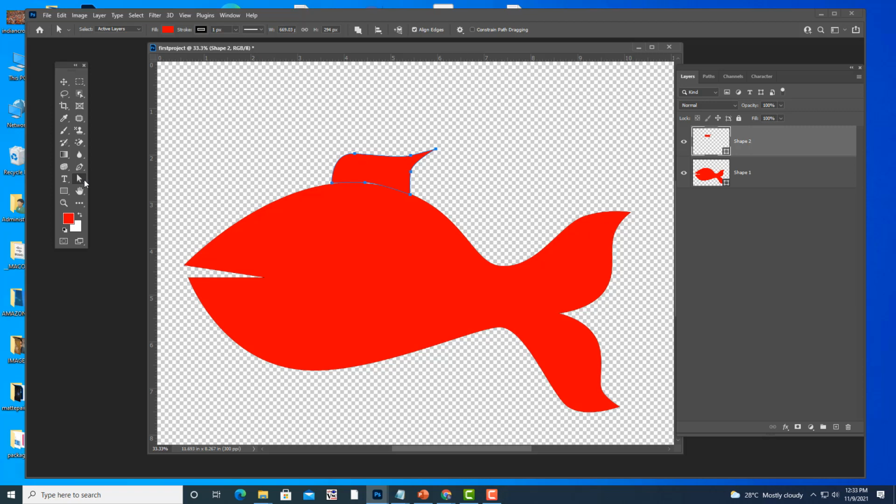So to adjust it again, we will use our direct selection tool. Okay, like this I have adjusted it, and then at the bottom also we will create one fin.